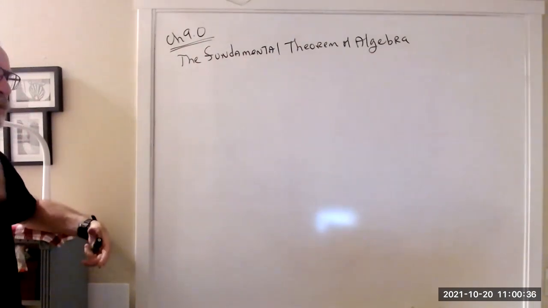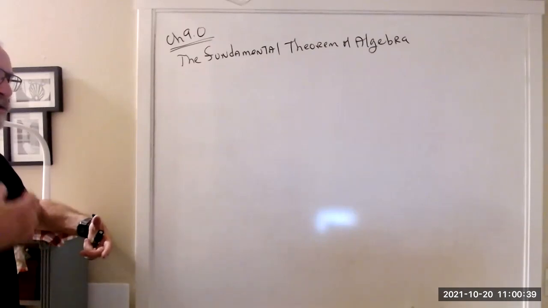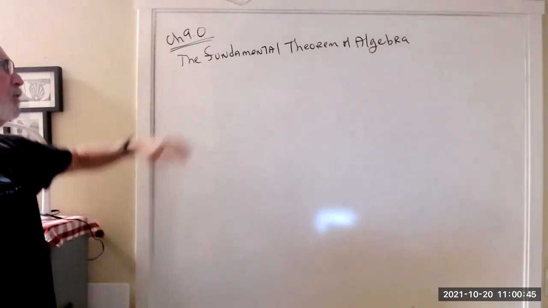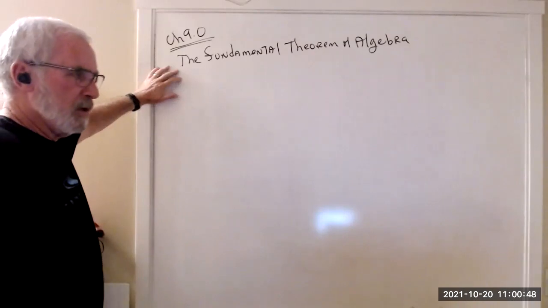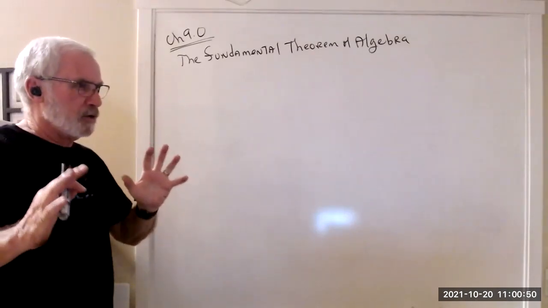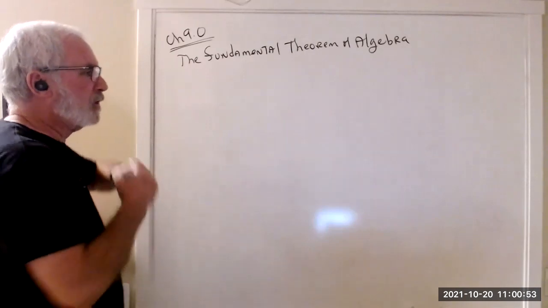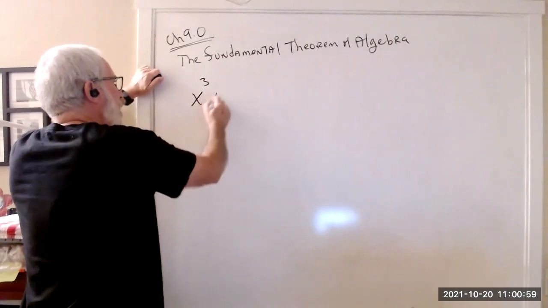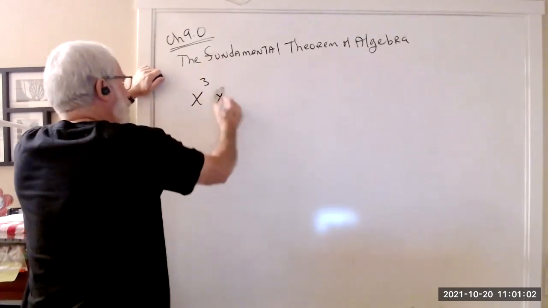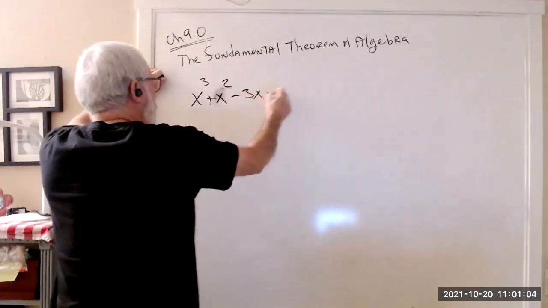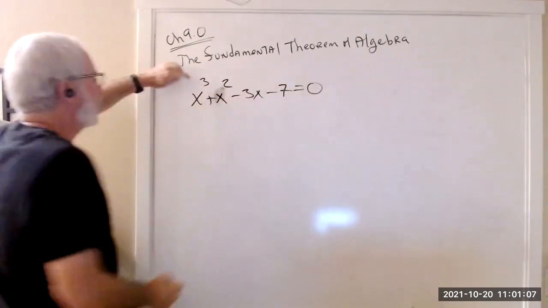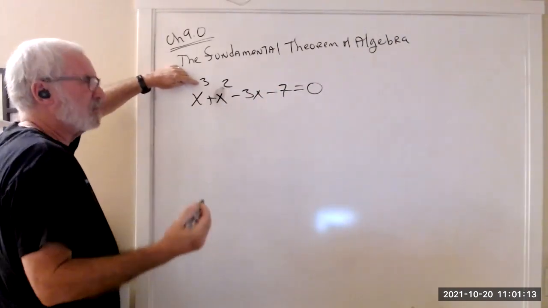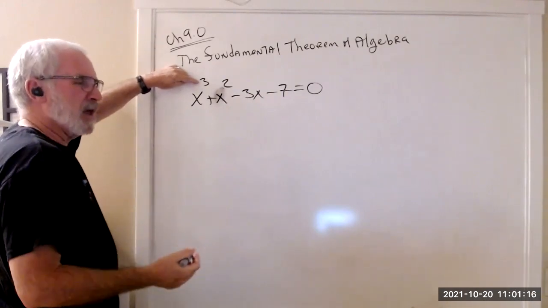I feel I have to give you a little bit of a historical insight, although I'm not going to test you on the history of where this came from. But there's something called the fundamental theorem of algebra. And it's much more complicated than what I'm showing you right now. But it basically says, if you have an equation whose highest power is 3, you're going to have 3 solutions,